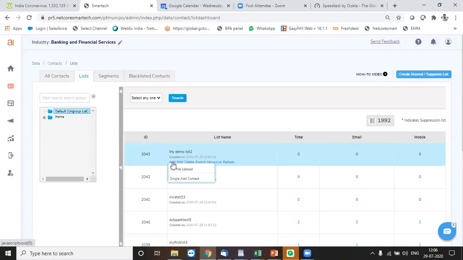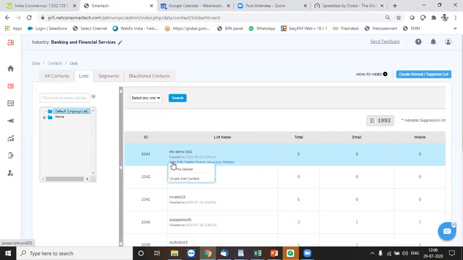Third option is through SFTP, where I can dump the data as a client on a secure FTP location, and from there the platform would pick up the data at regular intervals. So these three modes are there to take the data into the system. And of course, if there's an integration through JavaScript with your website or through your mobile app, that can be added over here.